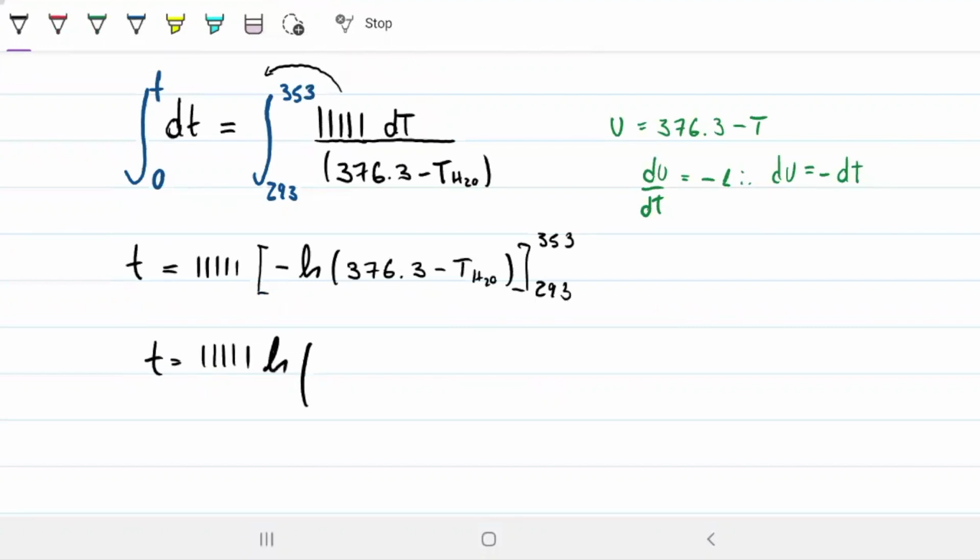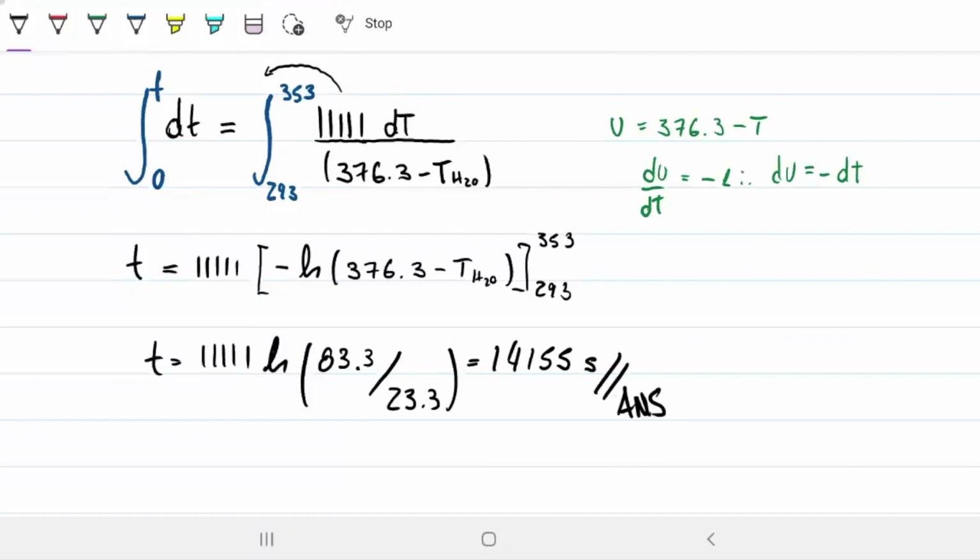Natural log of two difference there, so 83.3 divided by 23.3, 14.155 seconds. Let's do some conversion quickly. So